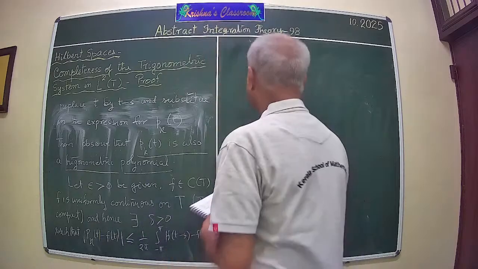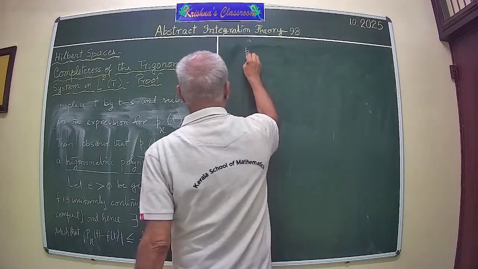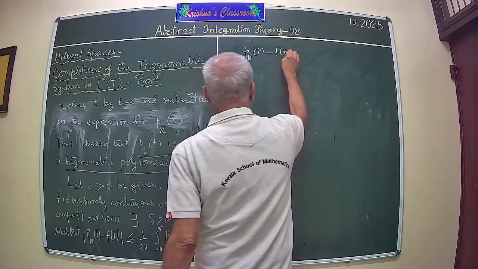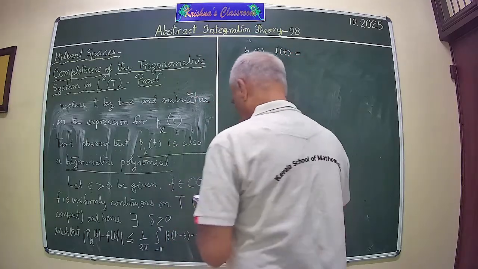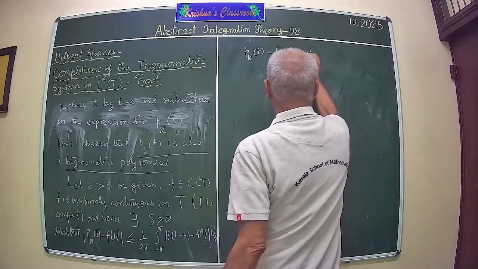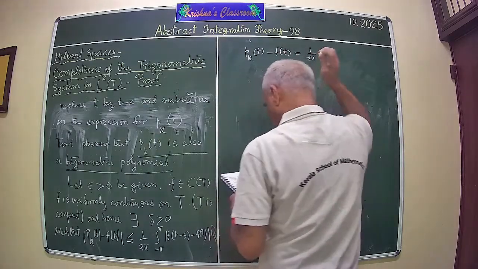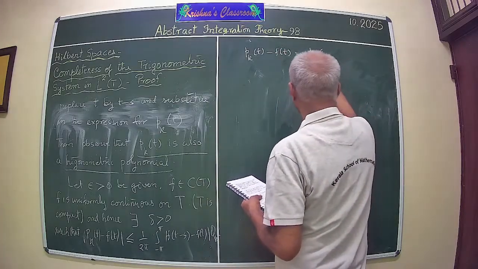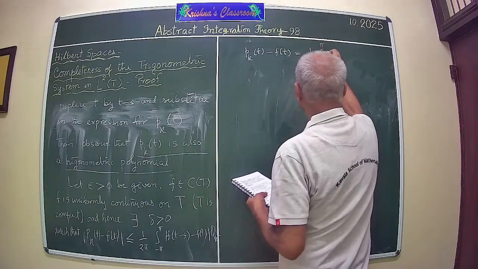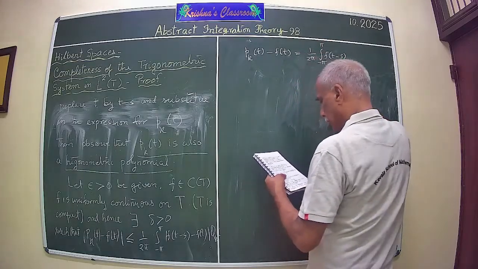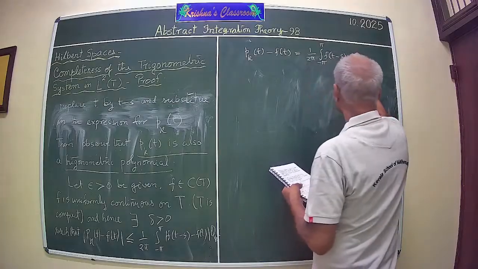We get PKT minus this is equal to 1 upon 2 pi integral minus pi to pi ft minus s minus ft